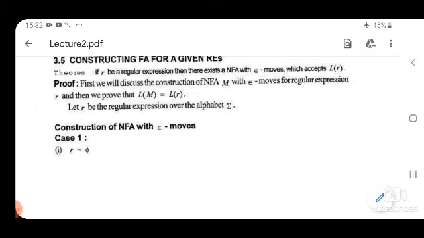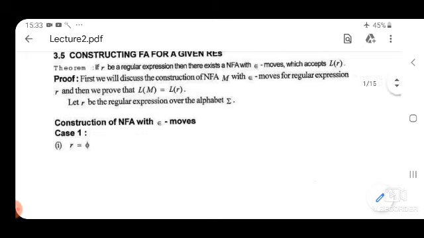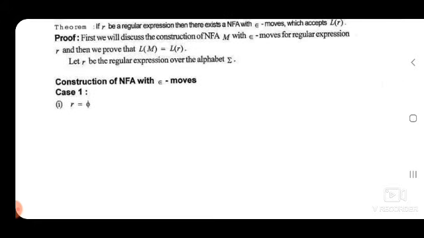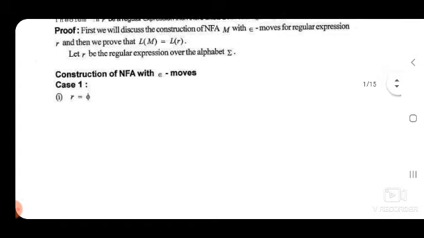So while proving this statement, we also draw NFAs with null moves for simpler regular expressions such as phi, null, or every symbol of sigma, and how to represent plus, dot, and asterisk in an NFA with null moves. So let's start.